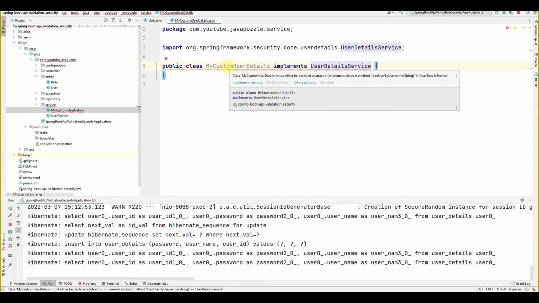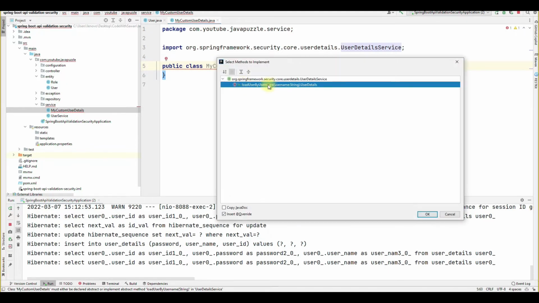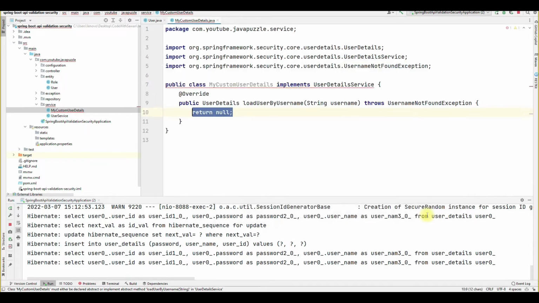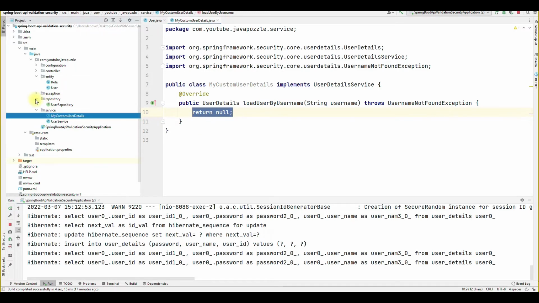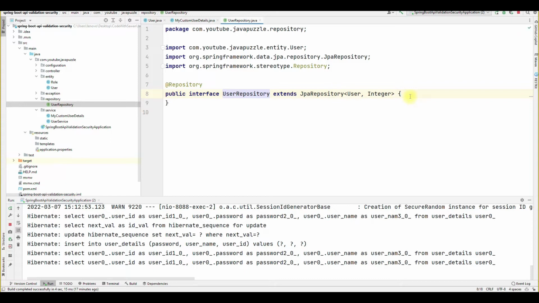Then let's implement this. There is only one method, loadUserByUsername. Before moving here, we have to provide in the repository one method, findByUsername. That thing we have to provide here.